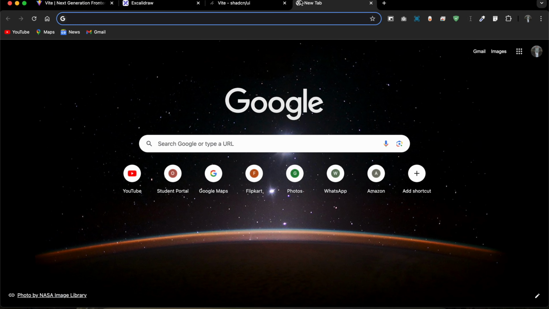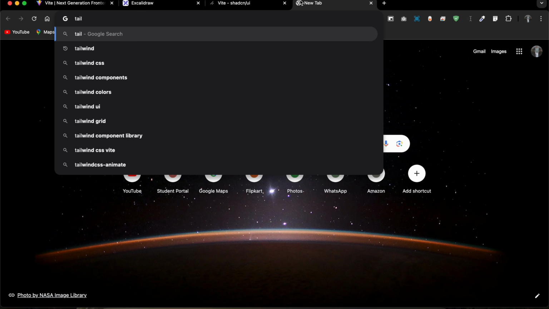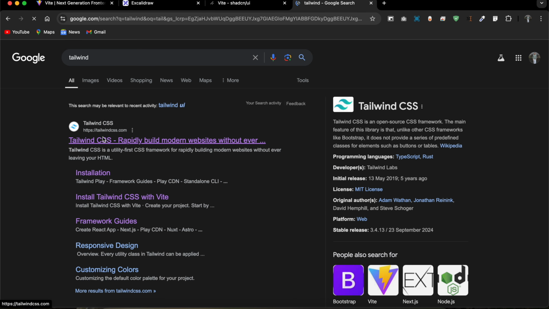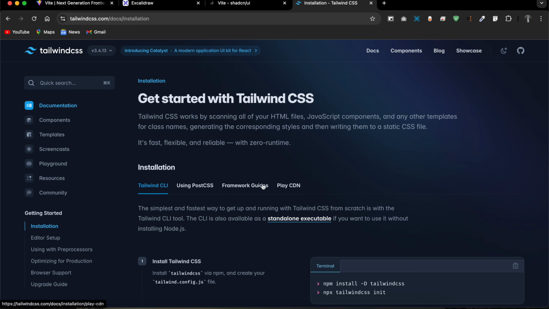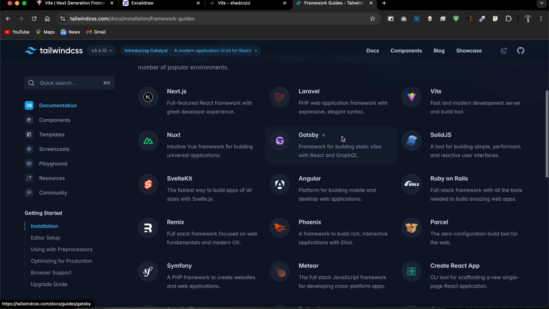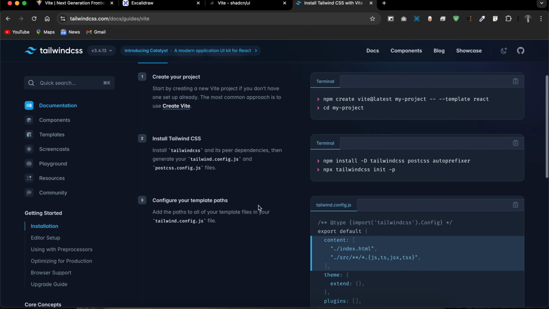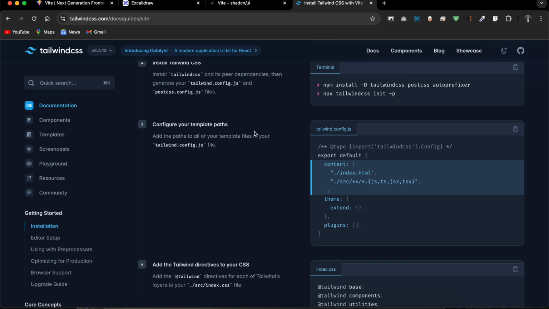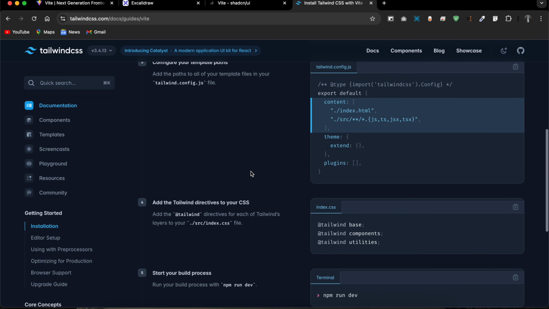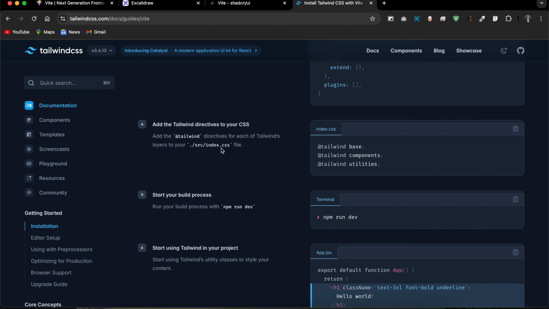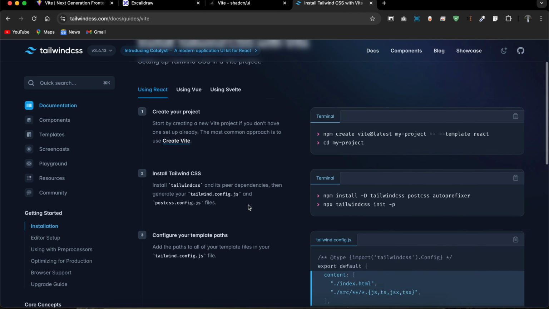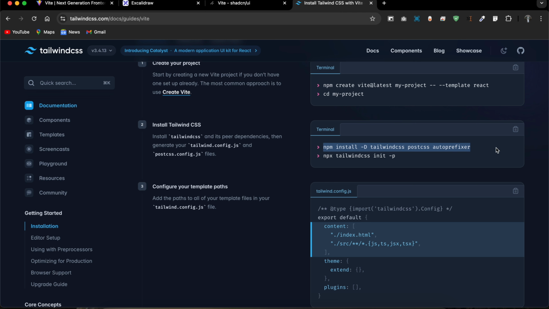So go to Tailwind CSS and get started, framework guides and Vite. So we have to run this command first, then this command, and after that we have to edit a file that is tailwind.config.js. And also we have to edit the index.css file. So let's do it. Copy this command